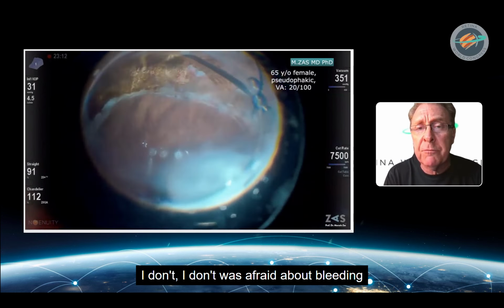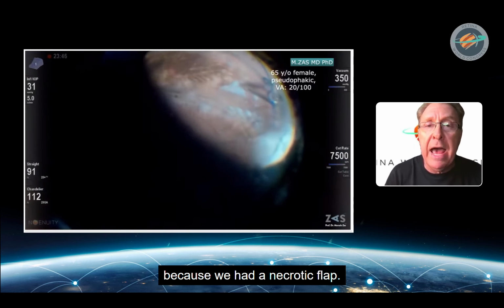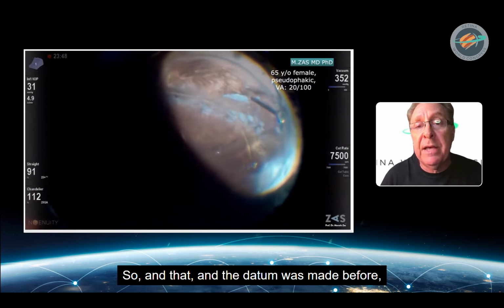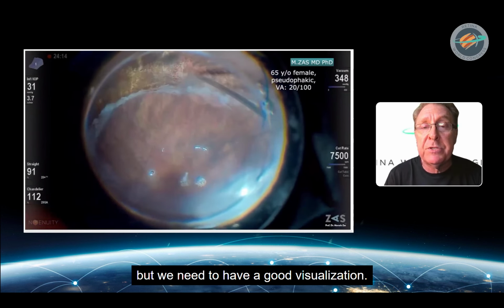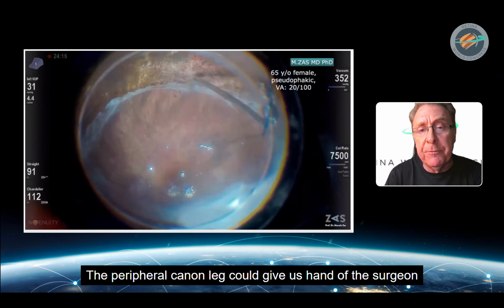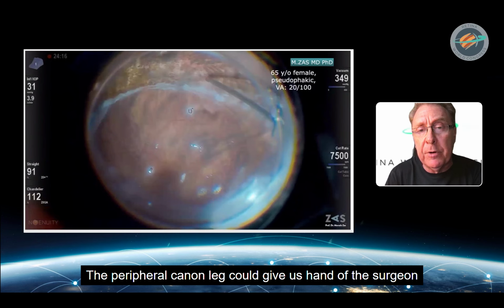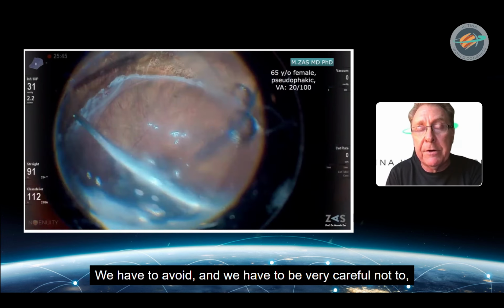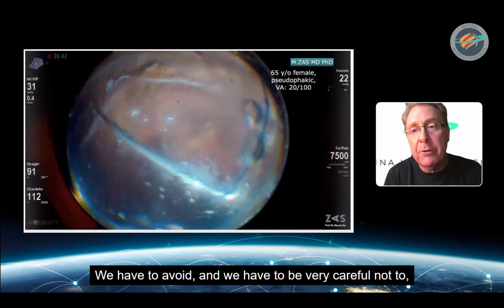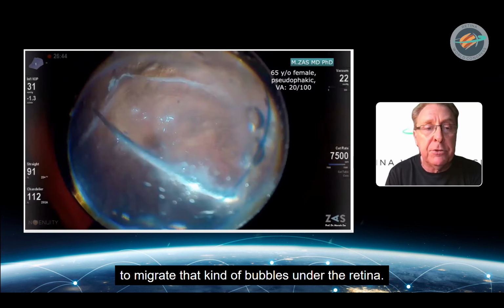I was not afraid about the bleeding because we had a necrotic flap, and the diathermy was made before, but we need to have a good visualization. The perfluorocarbon can give us the third hand of the surgeon, stabilizing the posterior pole. We have to be very careful not to migrate that kind of bubbles under the